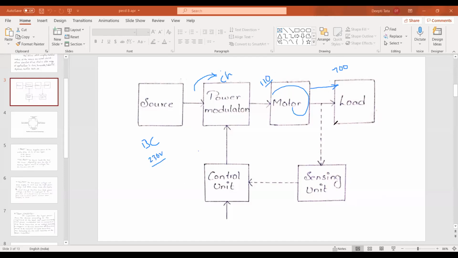And some person says that, ma'am, please control the speed. That means for some particular time, increase the speed, and for a particular time decrease the speed. Initially the person is saying that the drive has to rotate at a speed of 1200. Is it okay? It is case 1. And in case 2, the drive has to rotate at a speed of 400 rpm. Okay.